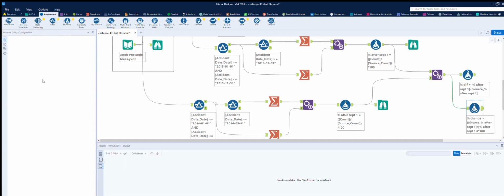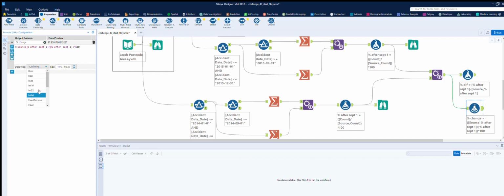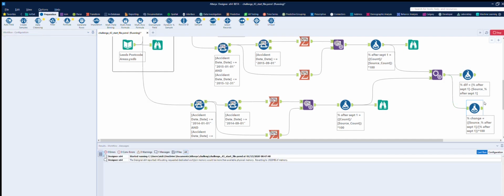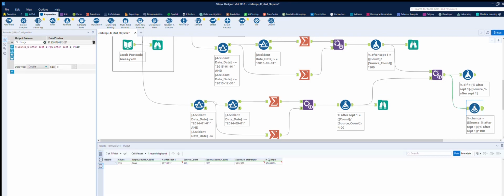Oh, and then we put in a double and run that. Yeah, so the change, well, it depends which way you're looking at it, but it's a 2.2% change